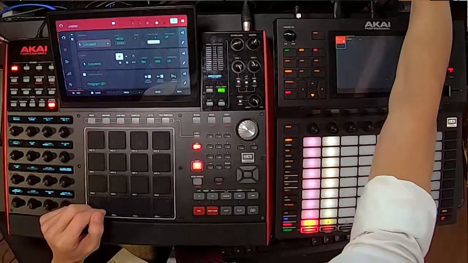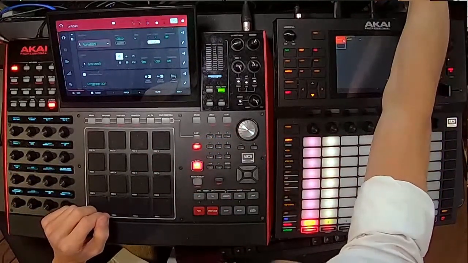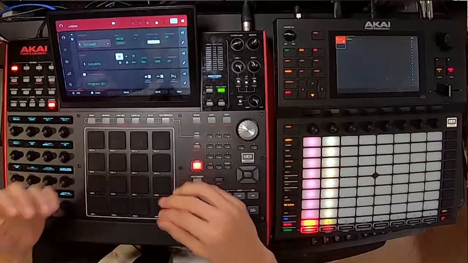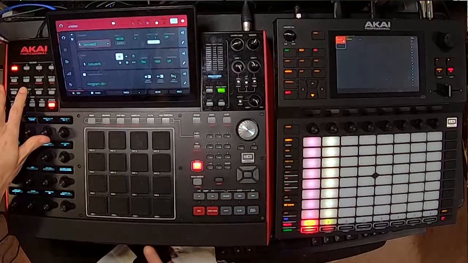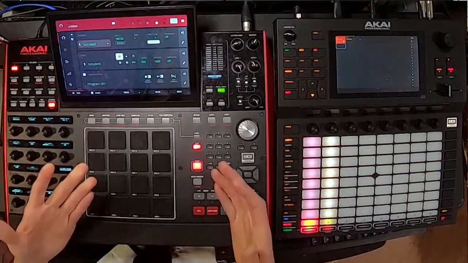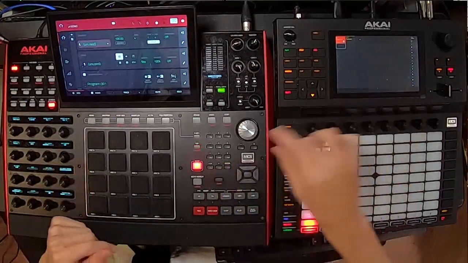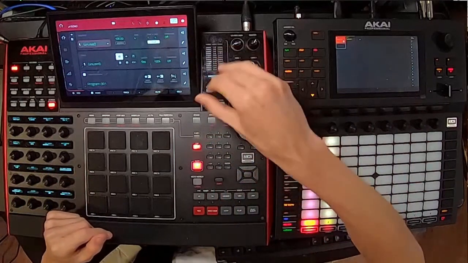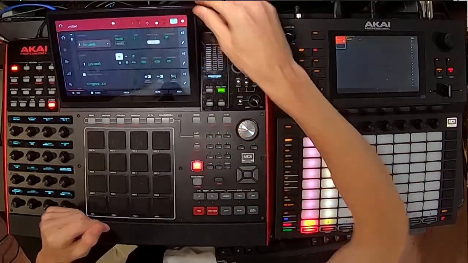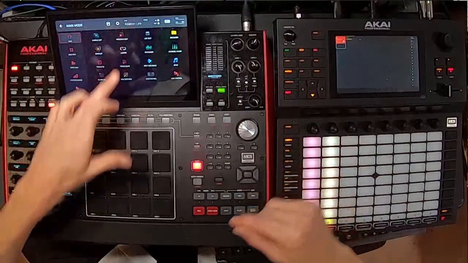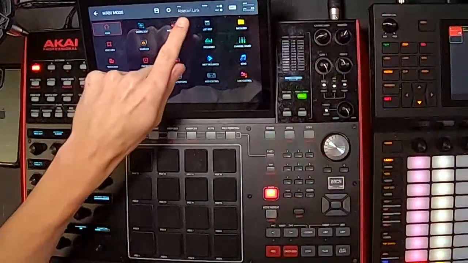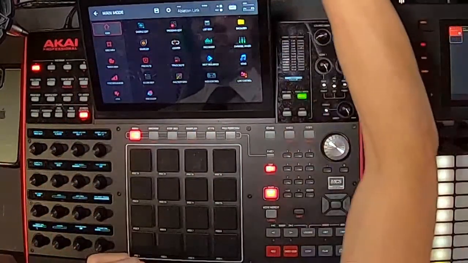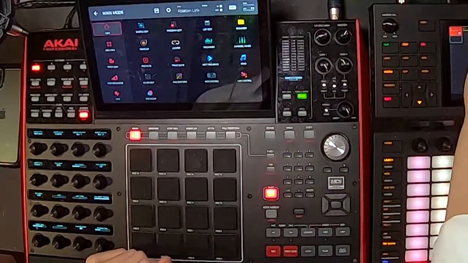So let me pull this thing up, make sure I've got access to that. Okay, first of all, maybe I should talk a little bit about the way I have things set up. First of all, the MPC is using Ableton Link. You can see Ableton Link here. So Ableton Link is connected to the computer. And if I pull up,